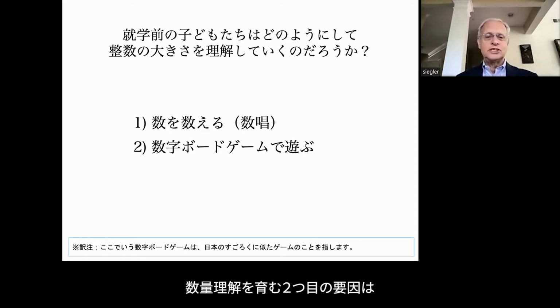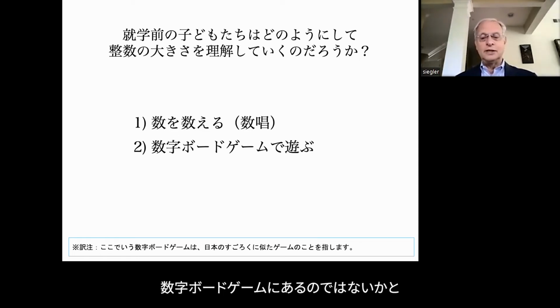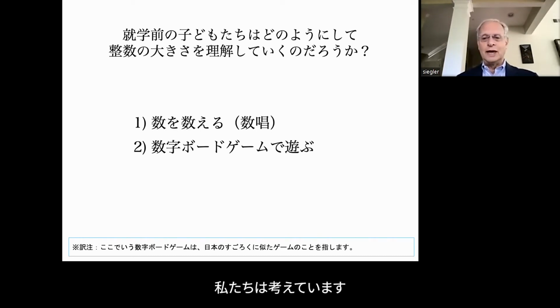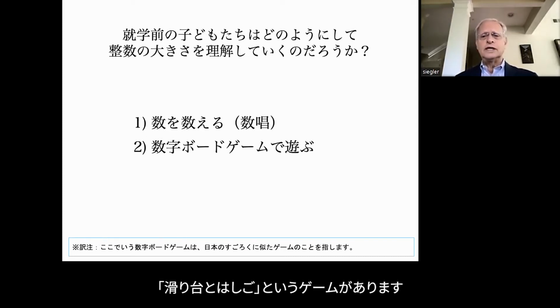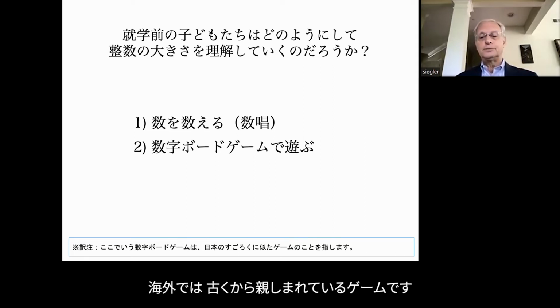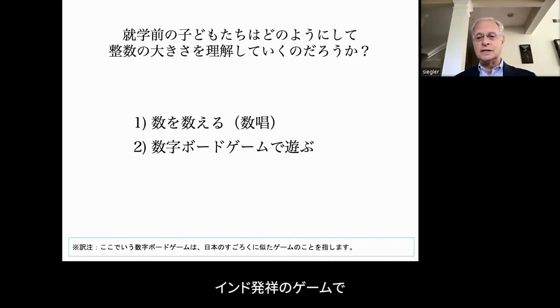We also started thinking, we being Geetha Ramani and I, that playing numerical board games may also contribute. Now, this is a game that, as far as I know, isn't played in Japan, but it's pretty common in many other countries. It was invented in India a very, very long time ago.